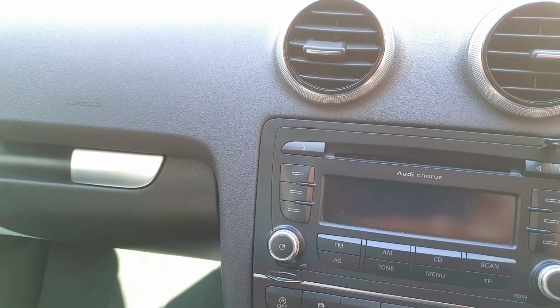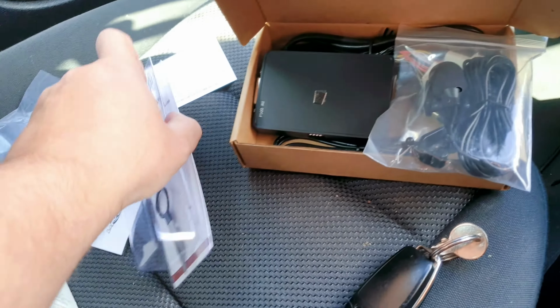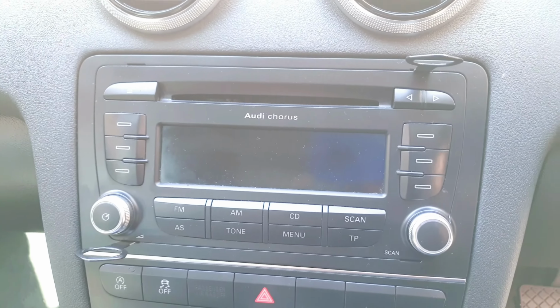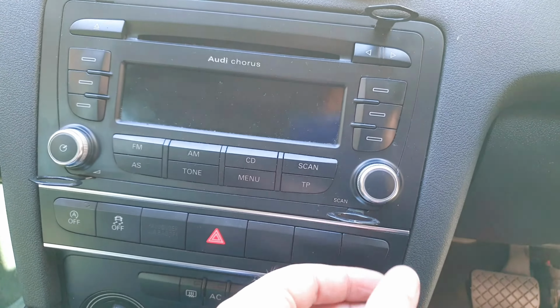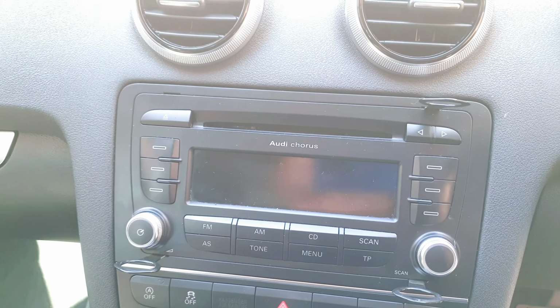Now, it might take a bit of fiddling around, but what you're going to notice is that each one sort of clicks in, okay, and there's a certain way of doing it, so just try it both ways. That one's now gone in, okay, so that's how you do it. Now the other one,